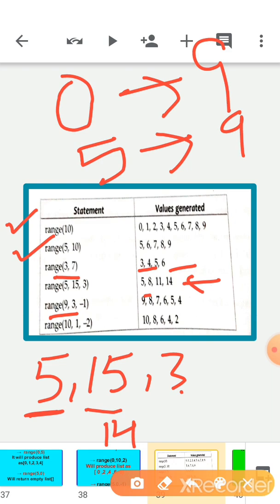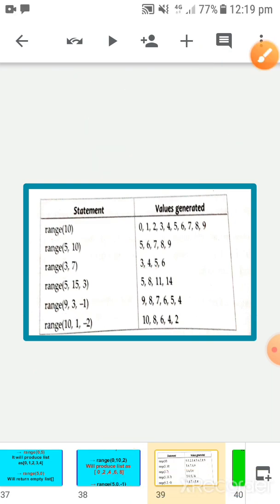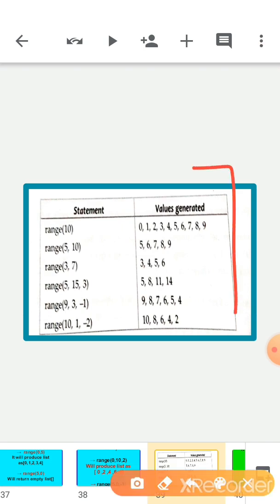So at 3 you have to stop, you do not take 3 because the upper limit we never take. Okay, 10, 1, minus 2: 10 first, 10 minus 2 is 8, 8 minus 2 is 6, 6 minus 2 is 4, 4 minus 2 is 2. So in this way you are able to make a list when you have such kinds of range functions.